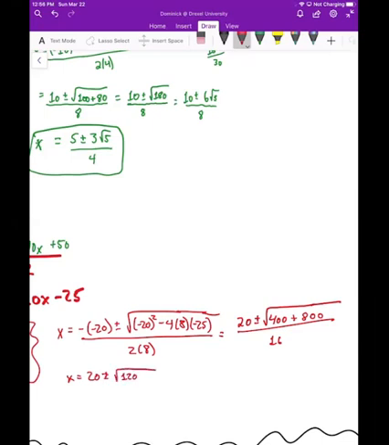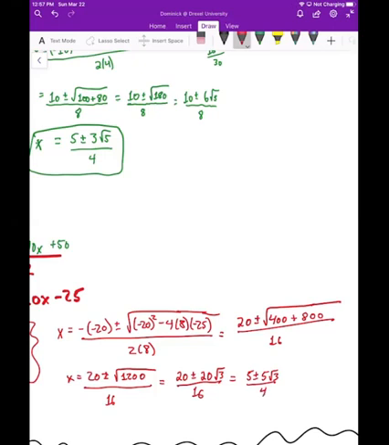So it looks like we get that x is equal to 20 plus or minus square root of 1200. Sorry, this is over 16. We should now be able to factor out a 400 out of that. So we'll get 400 times 3, square root of 400 is 20 over 16. And again, without a calculator, the best that we could do here is we could take a 4 out of the top and the bottom, and we'll get 5 plus or minus 5 square root of 3